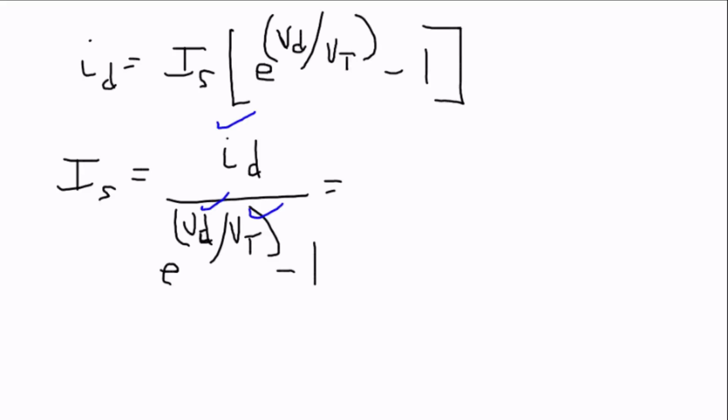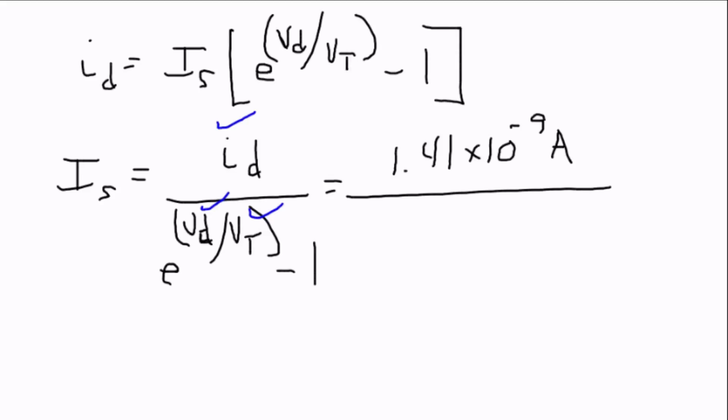So we get 1.41 times 10 to the negative 9 amps over e to the 0.15 over, I'm going to take our 25 millivolts here and make it volts because the 0.15 is in volts, so 0.025 volts, minus 1. And then when we plug that into our handy dandy calculators, we will get